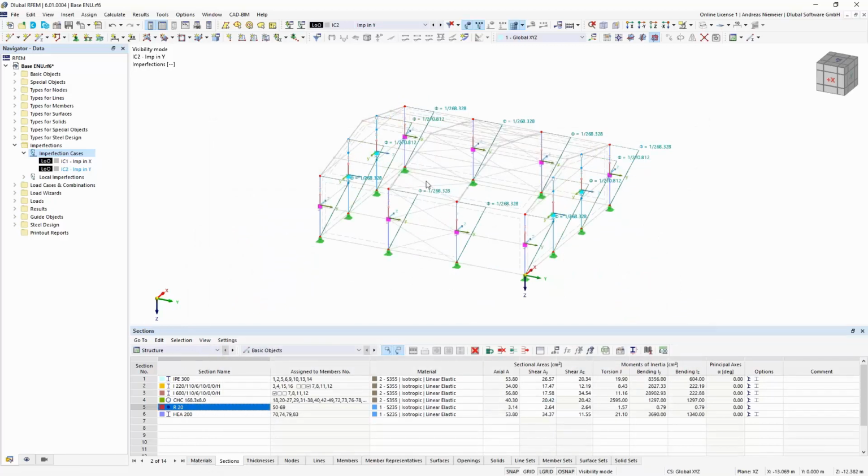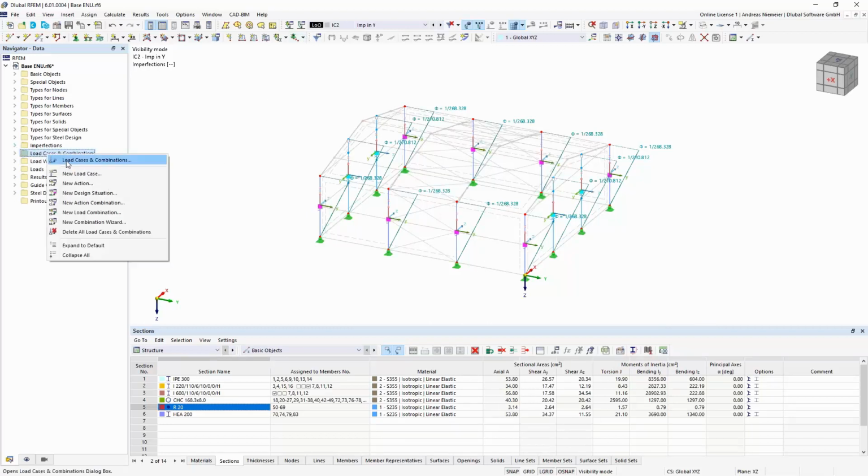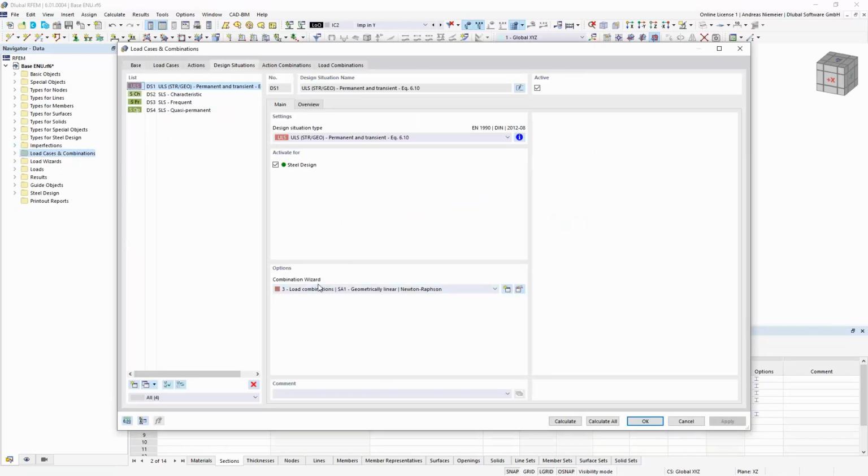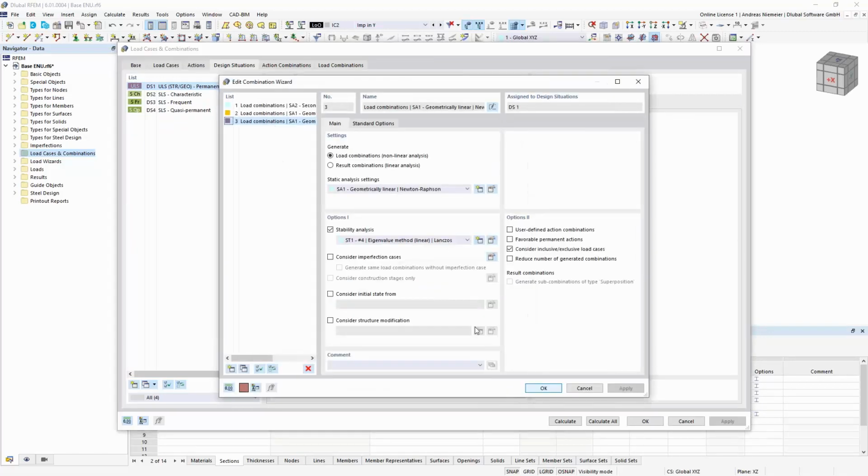And because we have to calculate according second order, we can go now to the combination, edit, and say in the wizard for the combinations, please create us now combinations according second order. Stability analysis is not needed now anymore for the imperfection cases what we assigned.